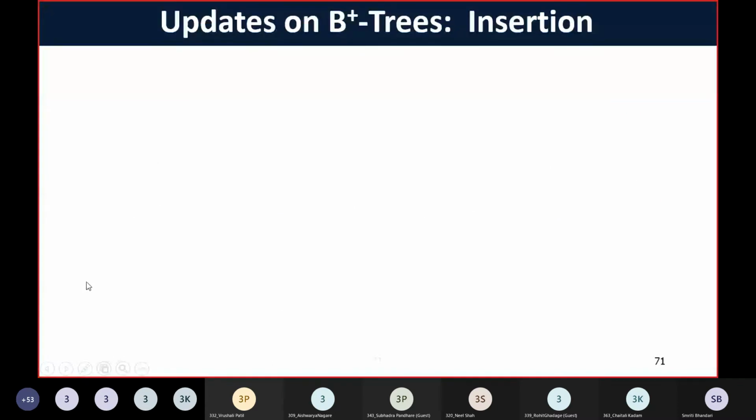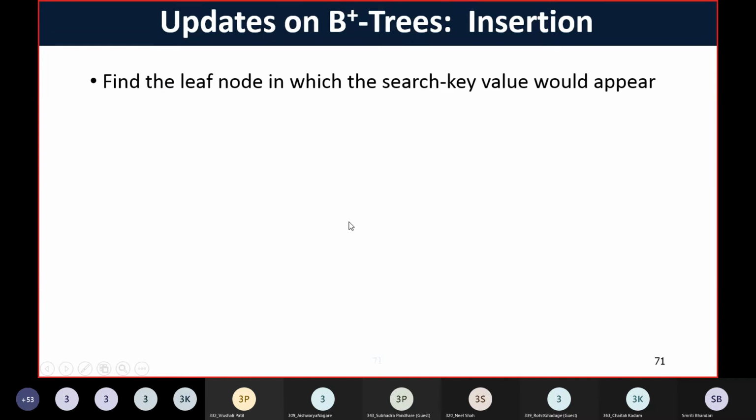Right. So let's move on to the updates on B plus trees. We'll look at the insertion operation first, and then we will go for the deletion operation. Right? So if we would like to insert some record